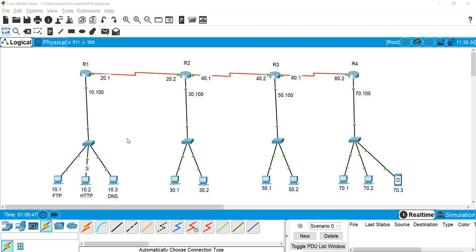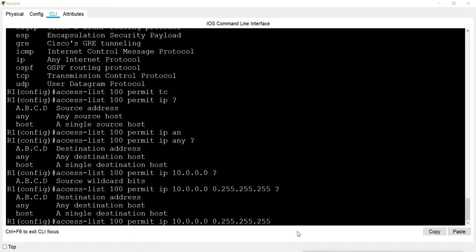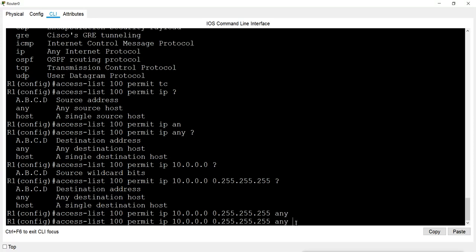So we should allow them to access all the other networks. And for that, in the destination part I will give any here, because I am saying this network can access any network outside.